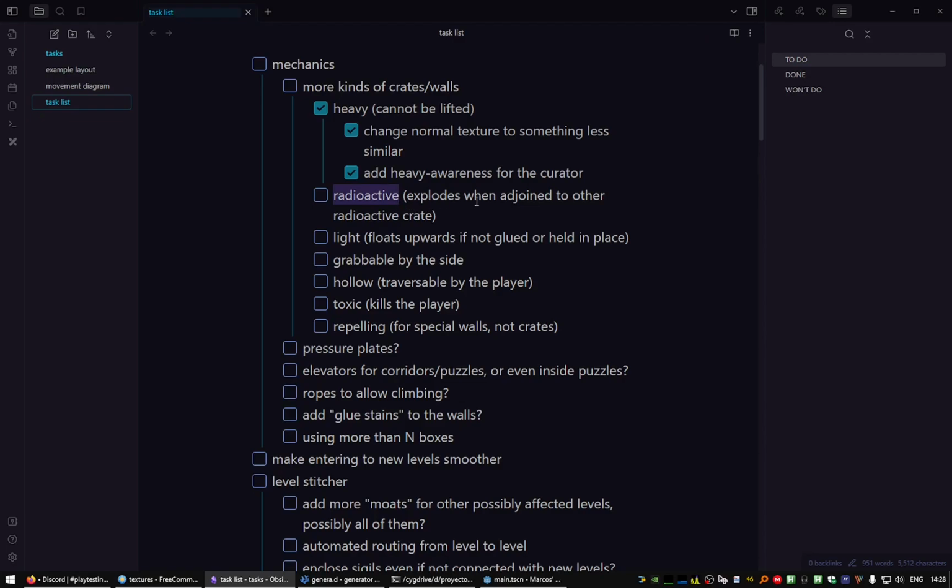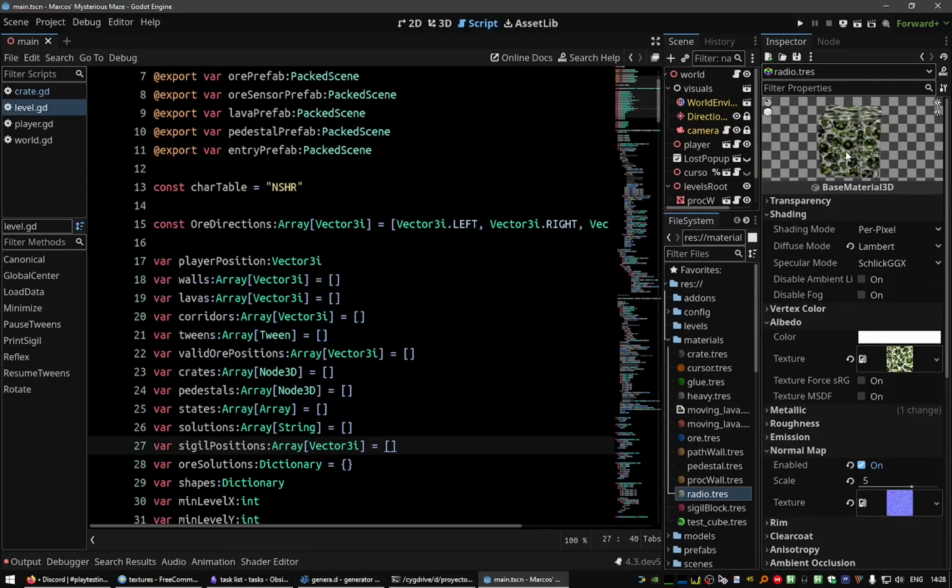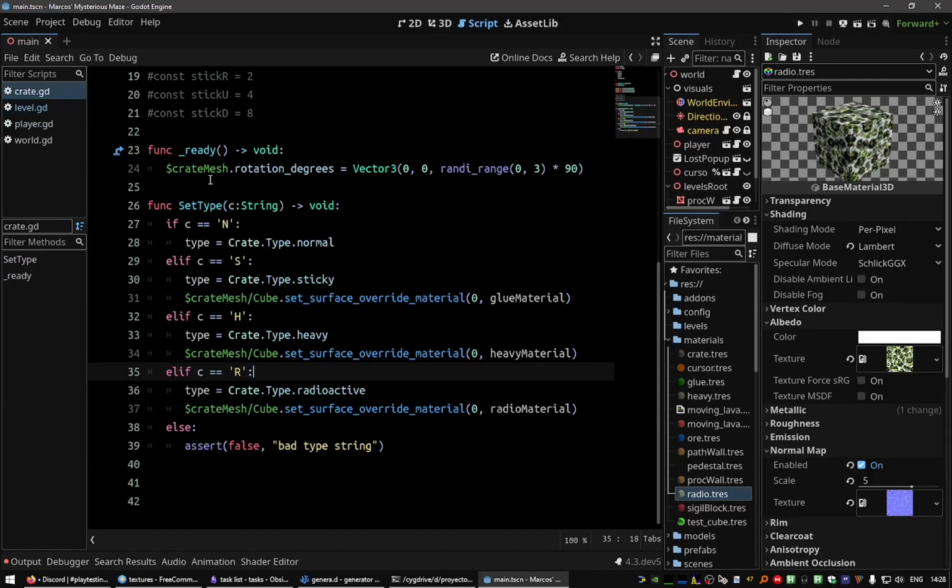Today I wanted to add another box type, the radioactive type, which explodes or kills the player when two of them are side to side or perhaps near each other. I will think about the perfect distance to use, but in principle I want to make the new type. I already added the material with this, obviously this is placeholder, but I wanted to have a crate of